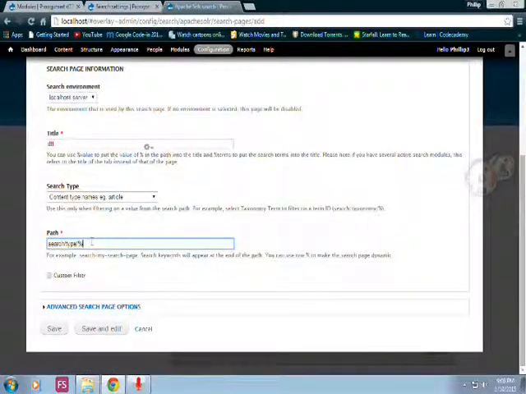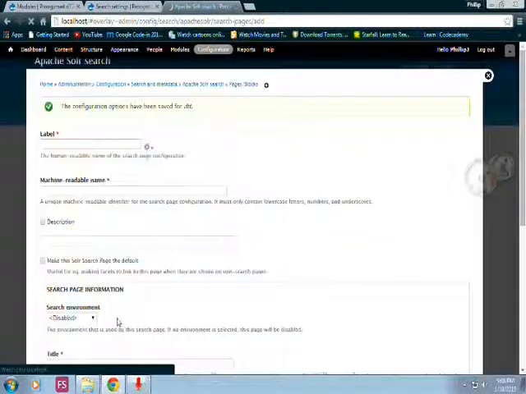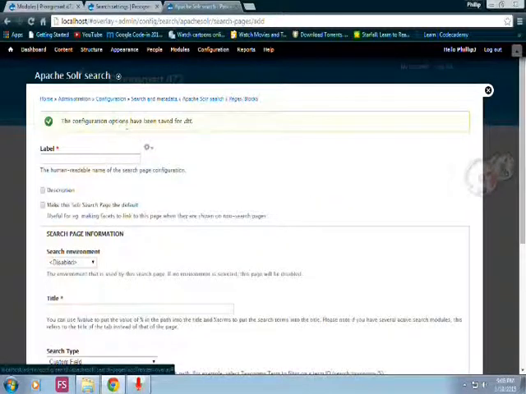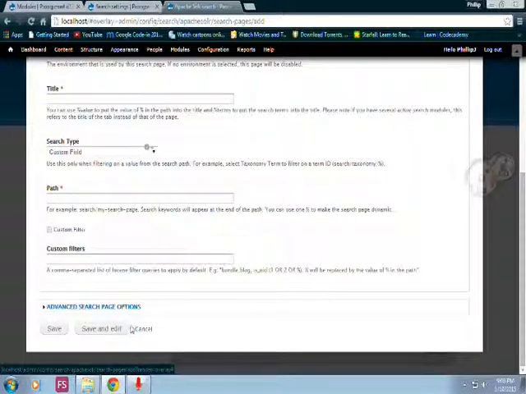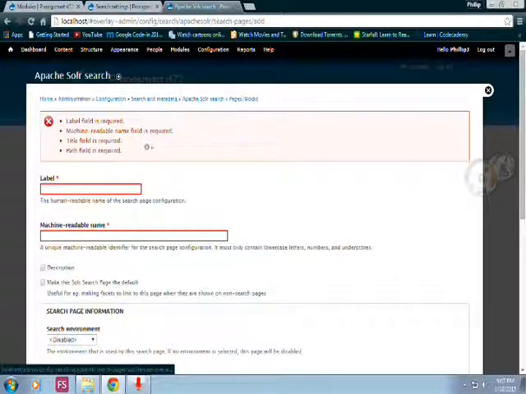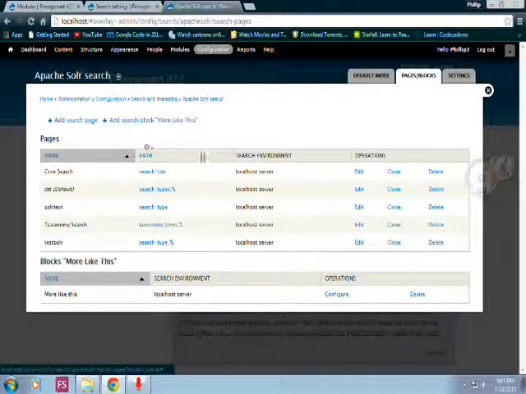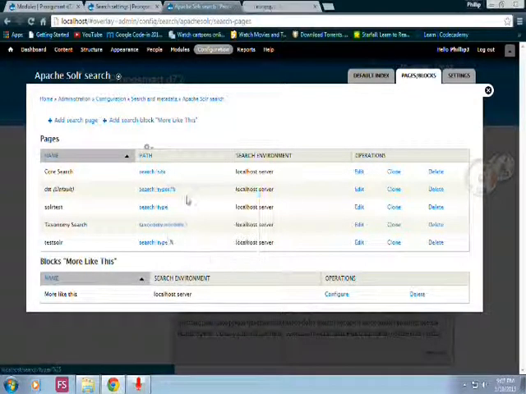So it's saying the search path has already been taken, so I just create a next search path. Save and edit. So after doing that, you can save. Then you can go back to page blocks. It's supposed to be created right here, and then you can either edit it or you can go to it. So you can go to the path, open in a new